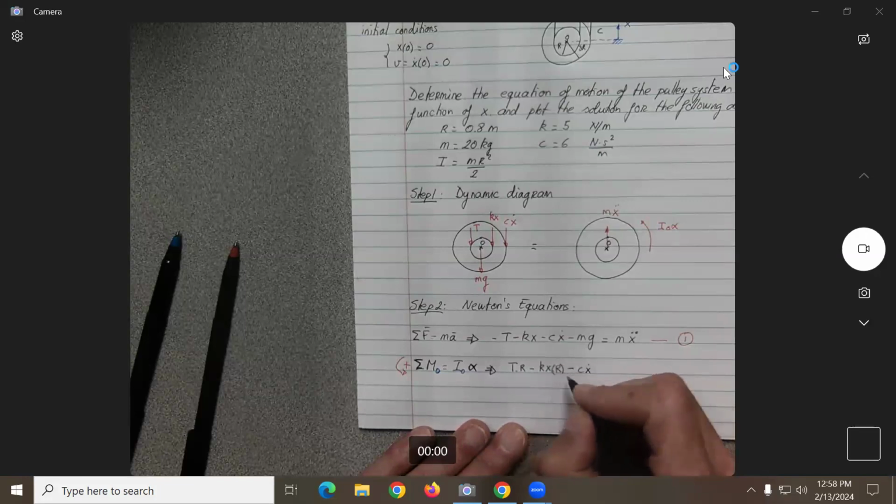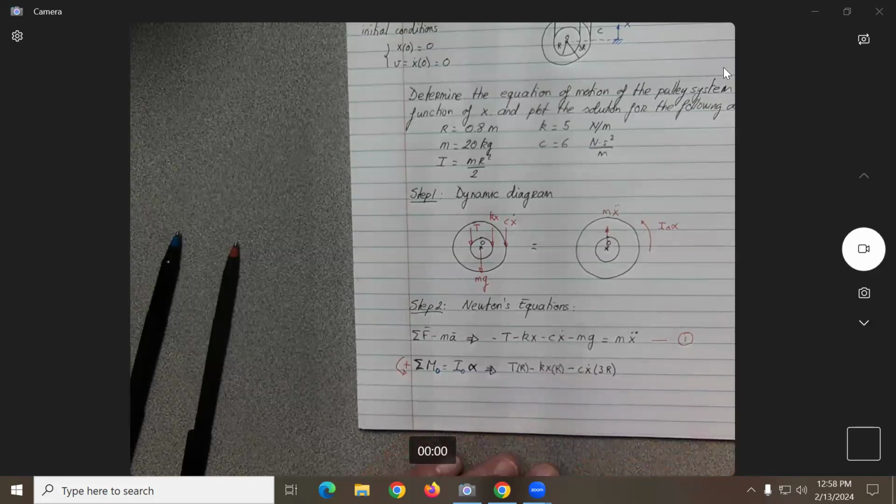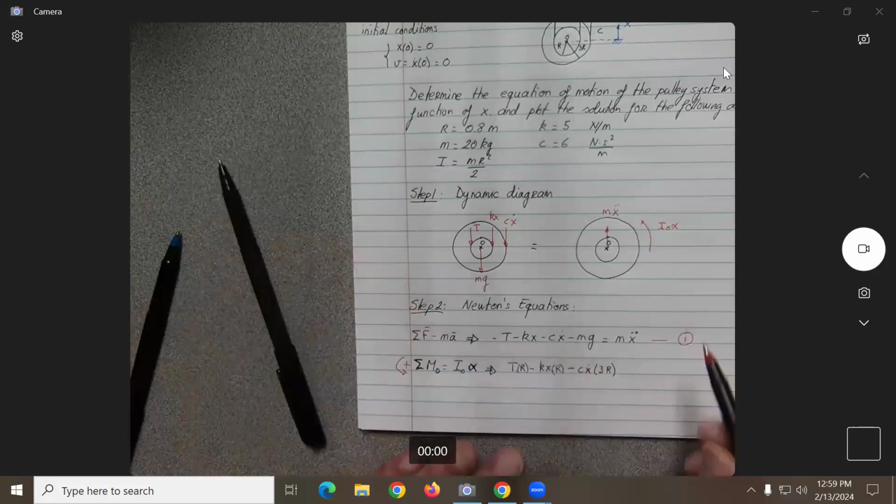So here, let me put r this way, that way we know what it is. And this should be 3r. Okay, so this will be our equation